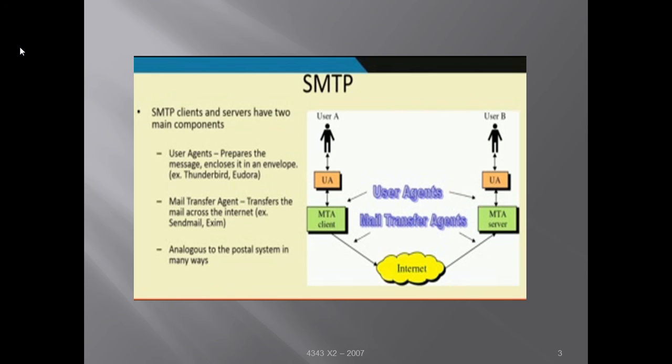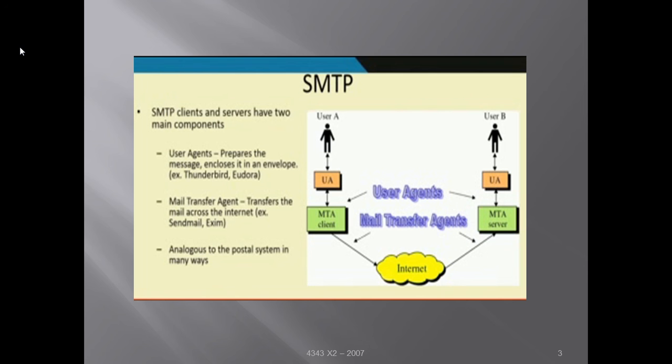SMTP daemons would be running at the other end, which can be a server or another client. So we have two different mail servers which can communicate these mails, and we have the other users who connect to the mail server and get the mails out of it. We have individual mailboxes, and we connect to a server either directly through a web link, or I am pulling the mail to some other client. So these are the user agents and mail transfer agents.